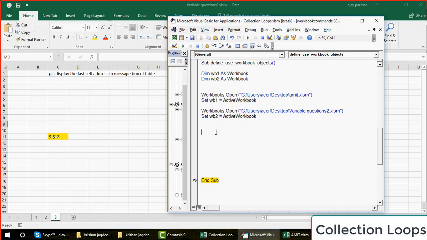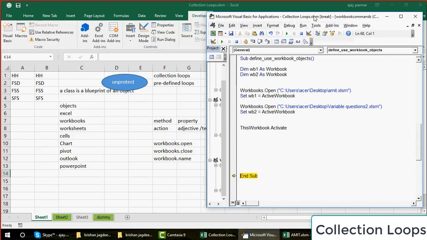Now very simple. If I have to go to collection loop, the original file where I have written the macro, I don't have to create any object for that. Though you can, I mean, wb3 you can create, but what is the use? Because when you have a direct command, you can say activate this workbook is pretty fine, you can write ThisWorkbook. So I run this. What will happen now? Obviously, it will take you to the collection loop file.